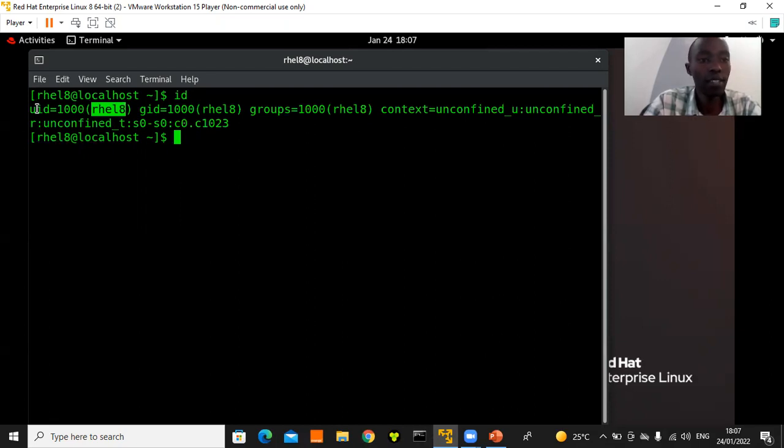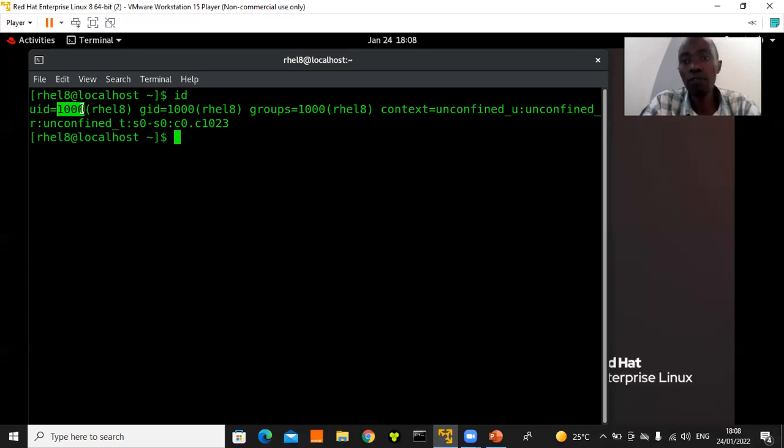So for this case, you can see that we have RHEL8. We also have RHEL8 here, and then we also have RHEL8 here. Now, whatever values are coming before this name, for example, we have the UID. UID stands for user ID. So every user created in Linux must be attached to a user ID. So it must start from 1000. And we have so many users. We have, let's say, the regular users, we have the system users, and each one must be attached a